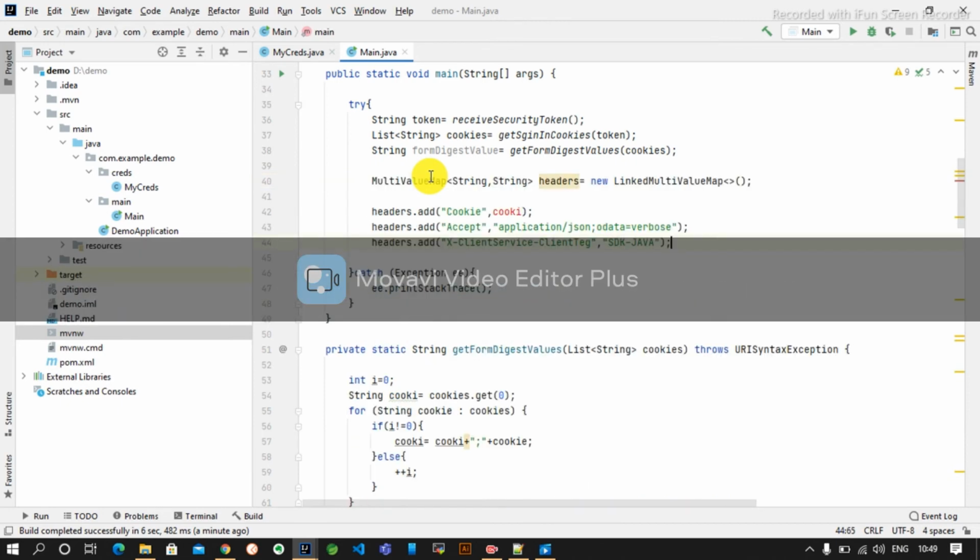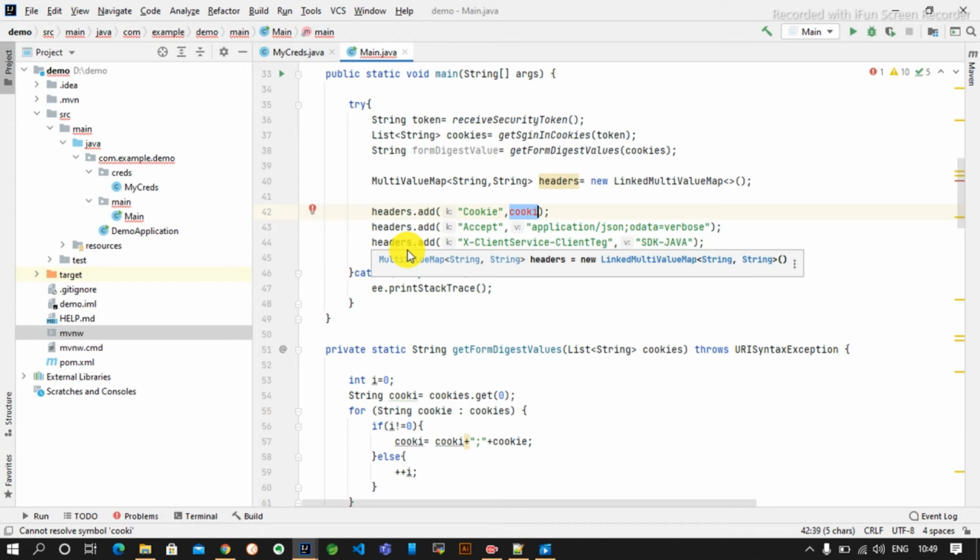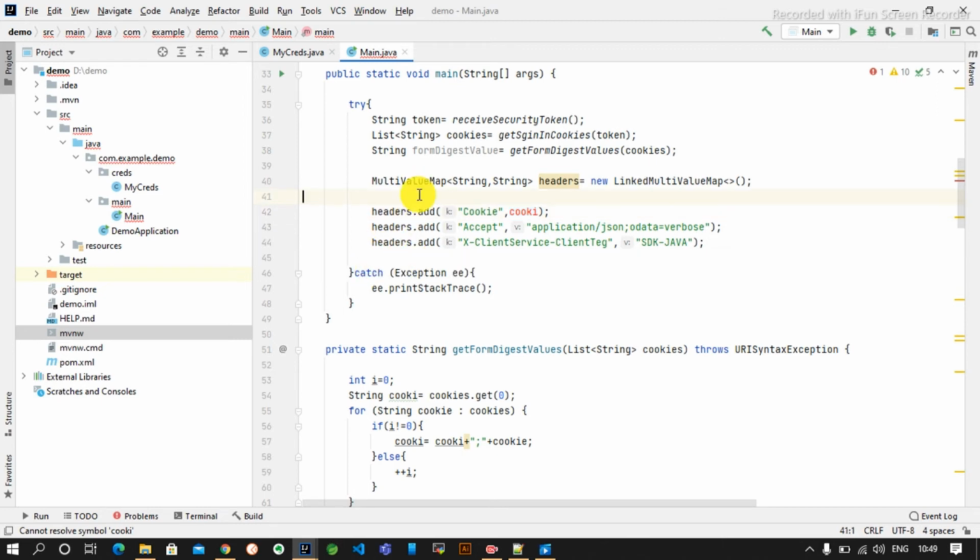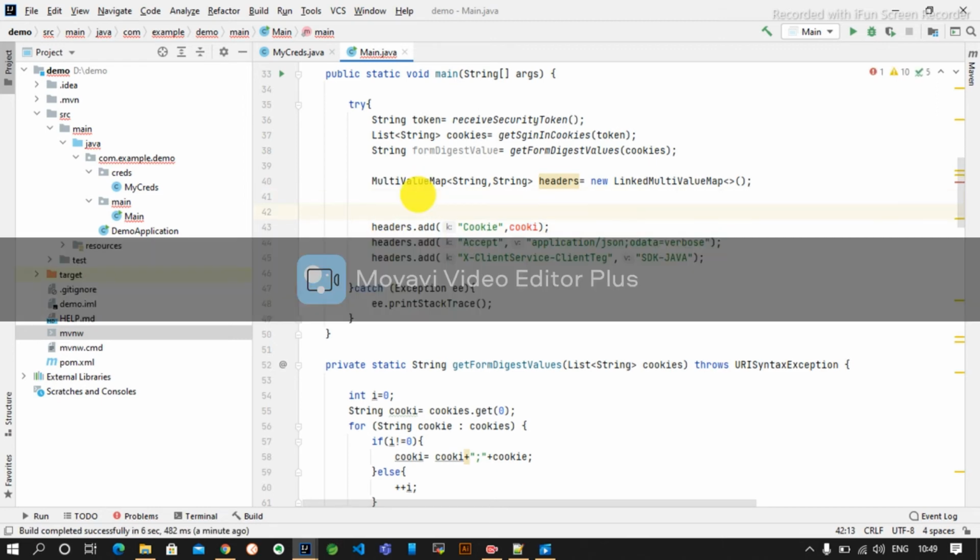In this multi-value hash map linked by the cookie, we don't need to form the cookie. So okay, we need to append the cookie first. Int cookies. We need to form the cookies first, then int i is equal to 0.